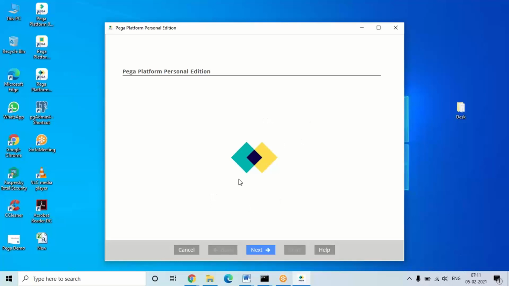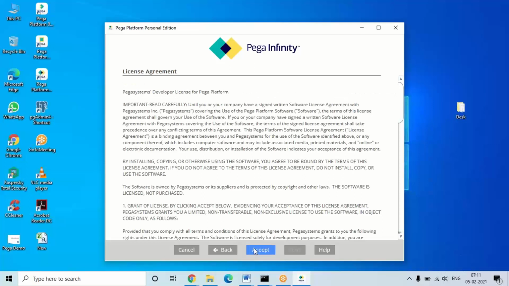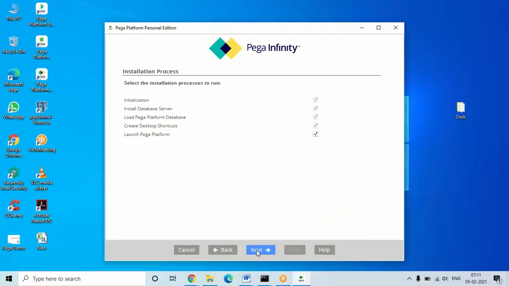In this wizard, just follow the screens which I'm showing. Click on the next button. Here the prerequisites are already given. Prerequisites means what the system requirements are and what things are getting installed, which I have given in the document. In earlier versions the wizard option itself had them, but in the present version they didn't give it in this wizard. So just click on the next button. No need to change anything, and you'll get this license agreement. You need to click on accept, and here the installation process will show.